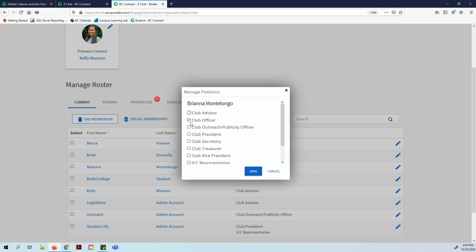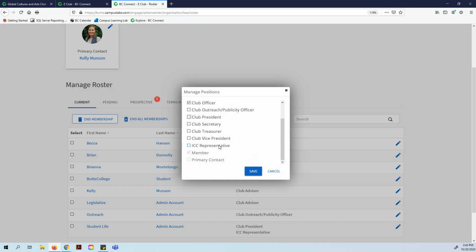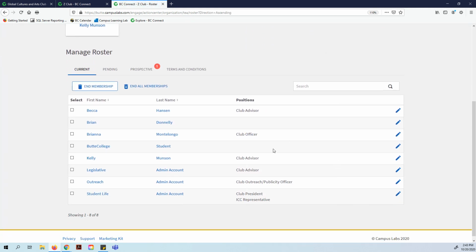Perhaps she's just got voted in to be the club president. I can select that and deselect club officer and give her the club president title. Keep in mind you can hold multiple positions, so possibly you are the club treasurer and you are the ICC representative, so you can select multiple position types, but that also means we need to make sure that if an exiting president is leaving, that you're going through and switching that off on their position type once that's no longer a position that they hold. You'll click Save,